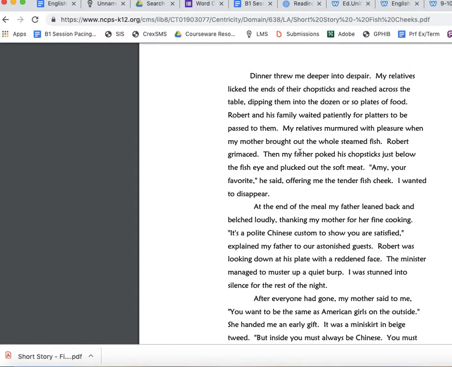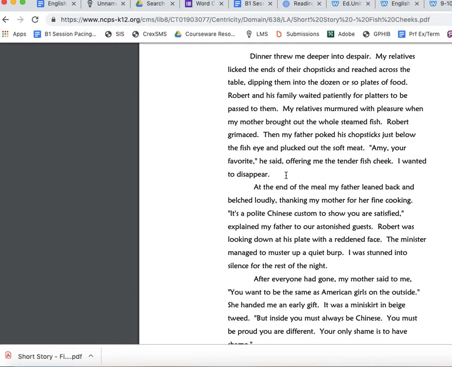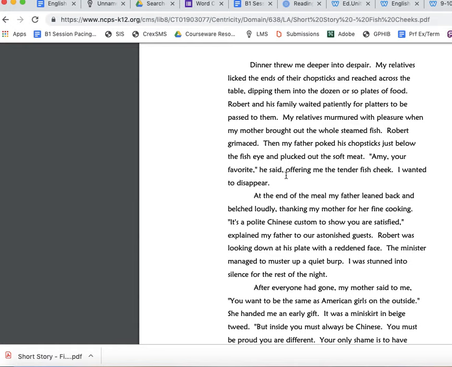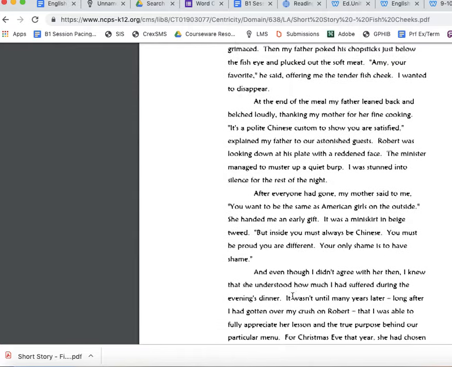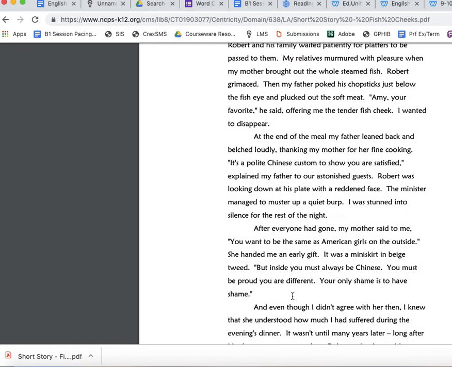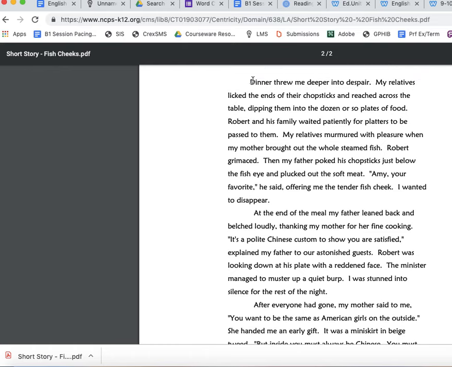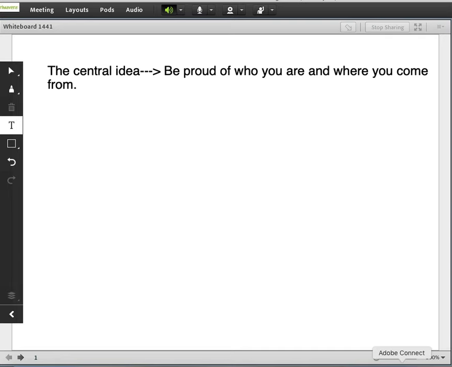She had to learn this the hard way, that this was something she shouldn't turn away from, or that she should not be afraid to embrace, right? So if I am going to support my concept that she should be proud of who she is and not be afraid of where she comes from, I would say this part here would be my first one. And in my writing here,